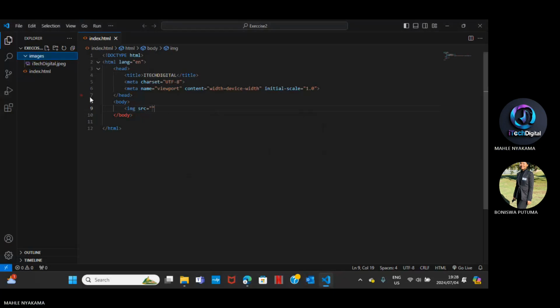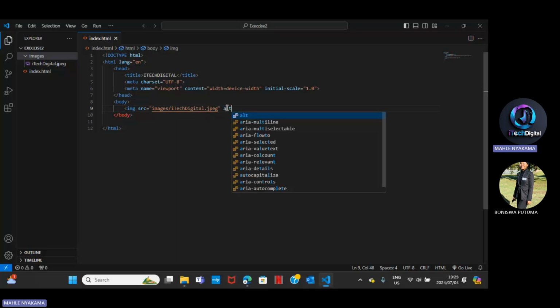Yes, move. So now this image is inside a folder called images. So here I'll just specify the path images, then put a slash, and then my image. So this is the location of this image. It's inside a folder called images, and then there is the image itself. Yes. And then I put an alternative text, just in case